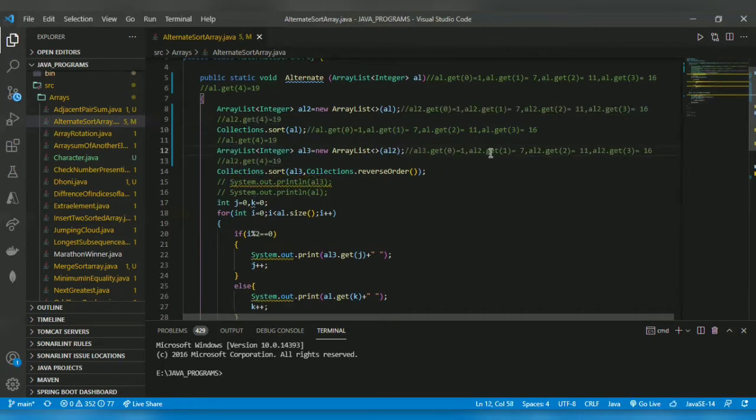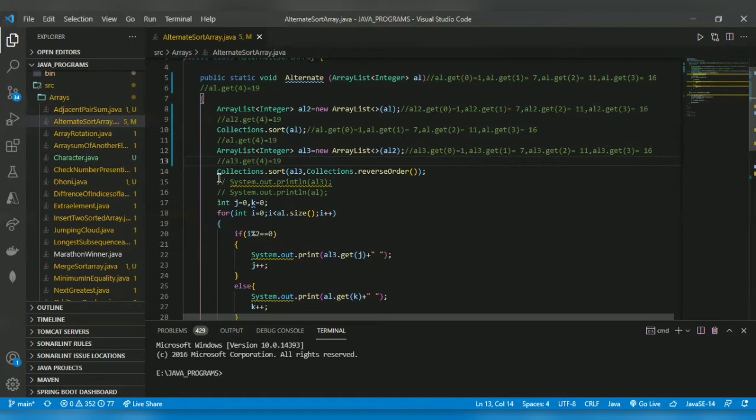Only the names will differ. Likewise, the elements will get stored in the three different array lists.